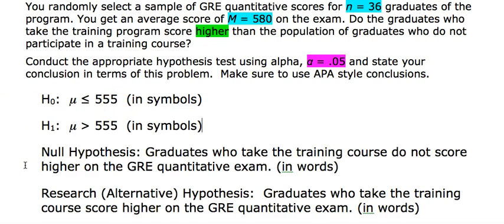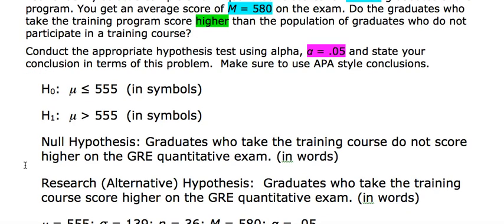In words, the null hypothesis is graduates who take the training course do not score higher on the GRE quantitative exam. And the research, or the alternative hypothesis, is graduates who take the training course score higher on the GRE quantitative exam. Okay, so we've got step 1 done. Step 2 is setting the criteria. That's already done for you. Alpha is equal to 0.05. So the next step is to